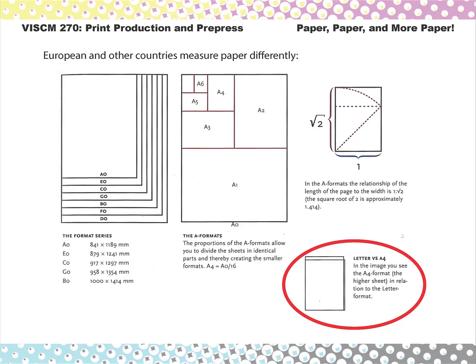So we're also going to take a quick peek here at paper sizes. There are basic paper sizes. Have you ever pulled up a printer and gone to pick your letter size, and then seen all these sizes like A4, A3, A5, and wondered what those are? Well, those are European and other countries' paper standards. Just like the metric system, the United States has its own paper standards for sizes, where the rest of the world uses a whole other